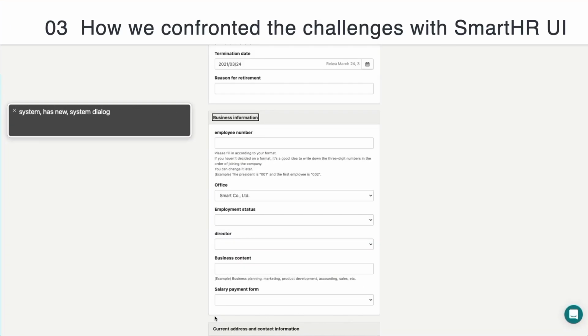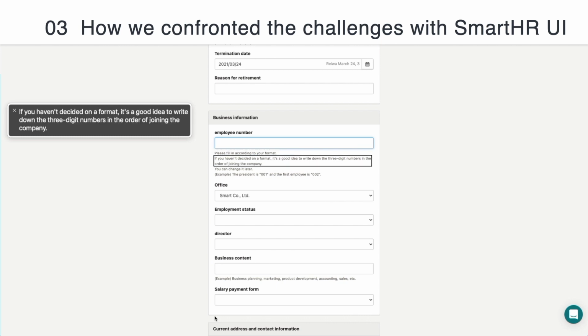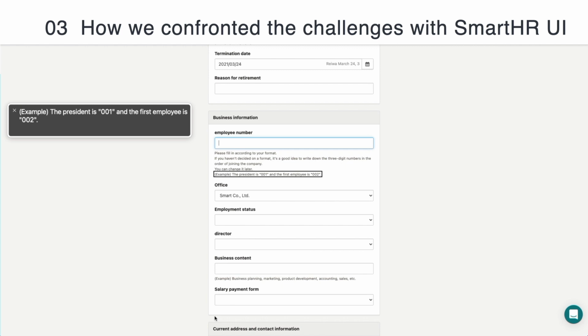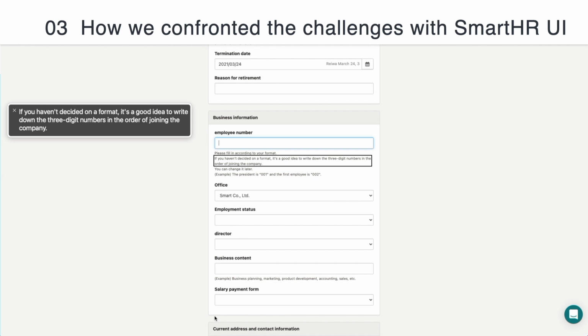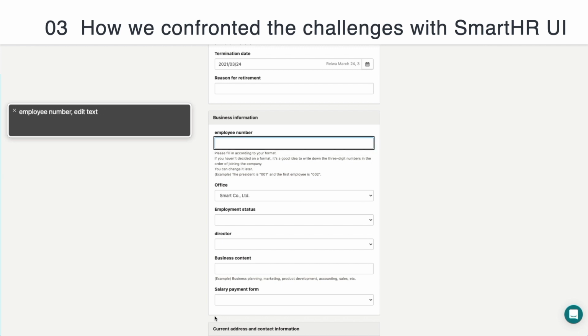Content is empty. System has new system dialog. Chrome. Employee number. Your employee number. Edit text. You please fill in according to your format. Please fill. If you haven't decided on a format, it's a good idea to write down the 3-digit numbers in the order of joining the company. If you can change it later. Example: the president is 001 inches and the first employee is 002 inches. If you please employee number. Edit text. You are current 000 0001 0 0000 employee number 00001000.